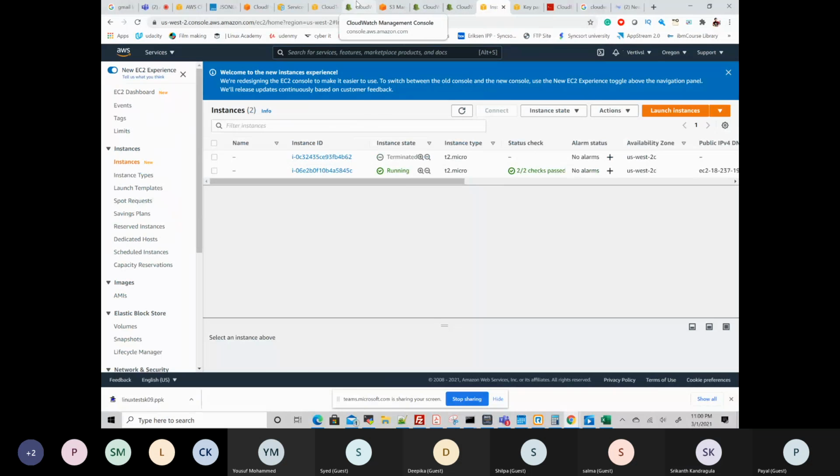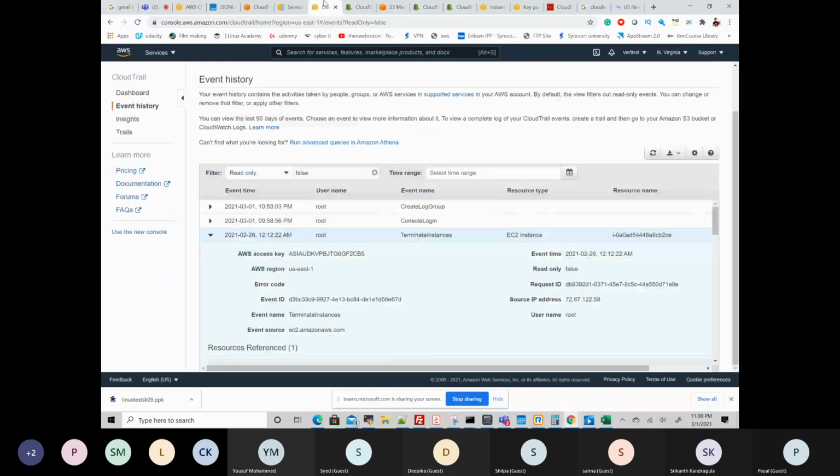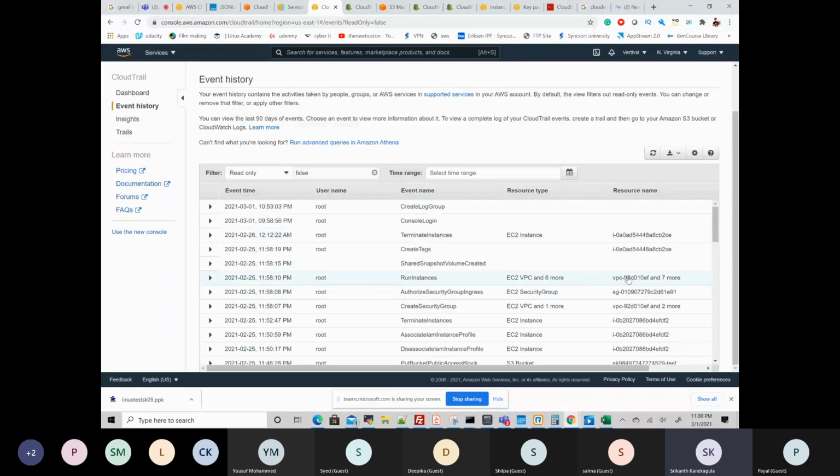CloudTrail. Not this instance, but it will give us